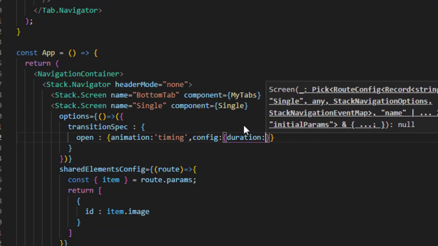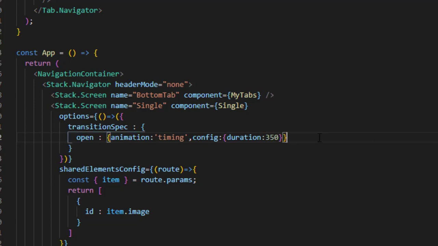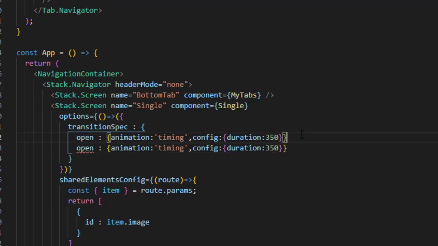So it will take some time to animate, like 350, and we have to do that same thing for close also.